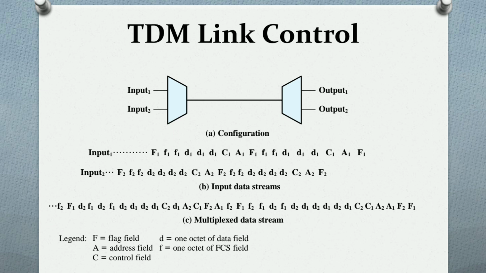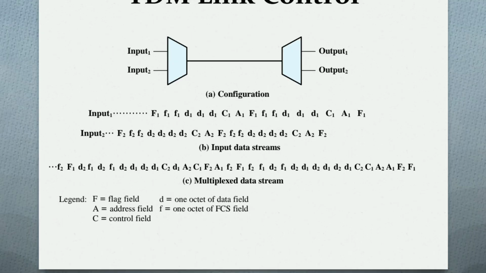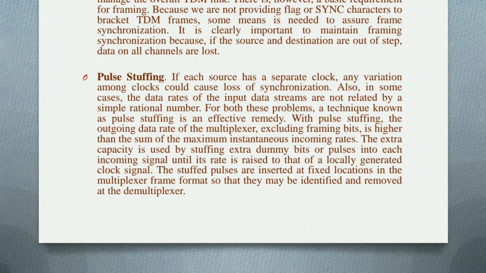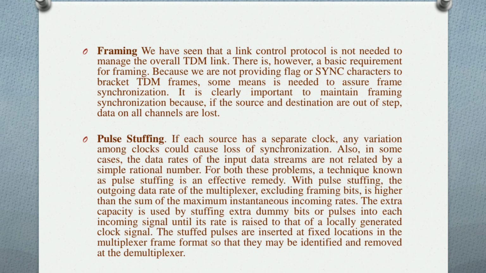The most common mechanism for framing is adding a digit. That means we add one control bit to each TDM frame, an identifiable pattern of bits from frame to frame. It is used to control a channel. The alternate bits may be 10101 like that. The incoming bits of one frame position are compared to the expected pattern. If the pattern does not match, successive bit positions are searched until the pattern is found over multiple frames.